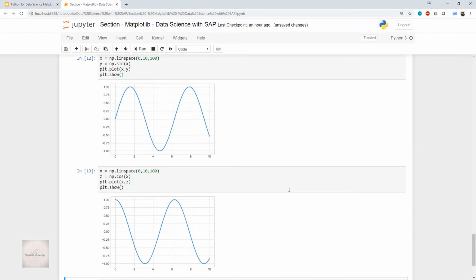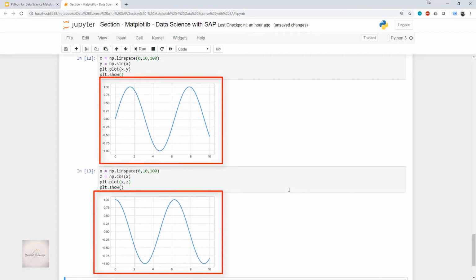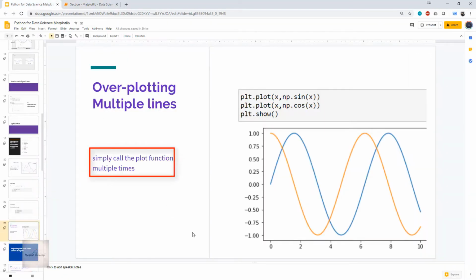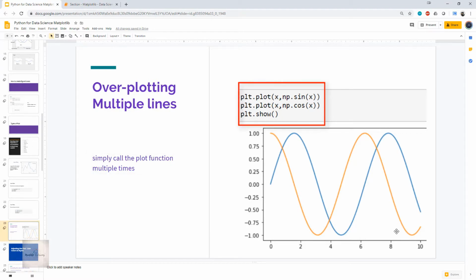Now, if we observe these two waves, we cannot see much of a difference. But these two are different waves. One is a sine wave and another is a cosine wave. But how do we see this difference? Yes guys, we can make out the difference easily if we create multiple plots in a single figure. If we want to create a single figure with multiple lines or multiple plots, we can simply call the plot function multiple times. See, it will be like this: plt.plot of x, np.sin of x and plt.plot of x, np.cos of x